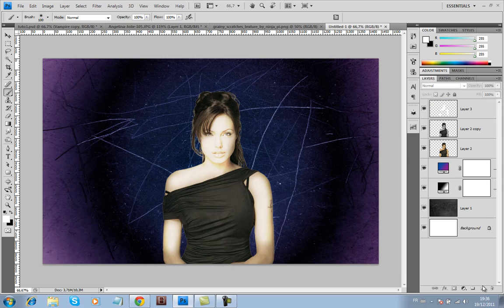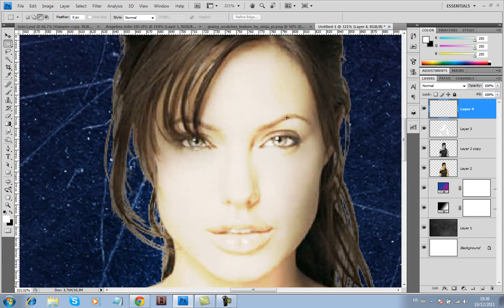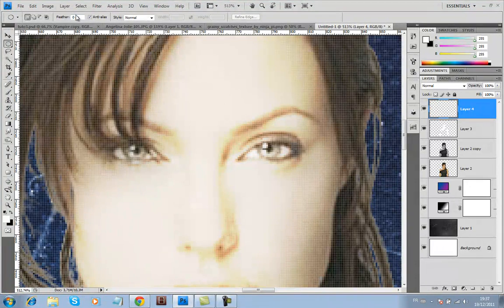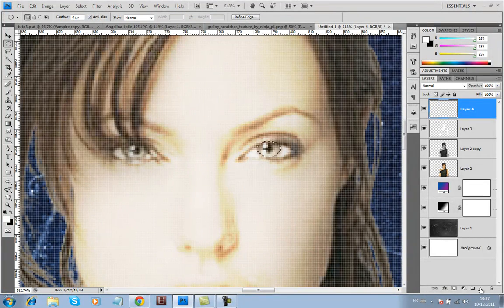Now we're going to work on the eye color. We zoom in on the picture and we pick up the marquee tool, the elliptical marquee tool. If you have the rectangular marquee tool or a single row marquee, you can just left click on the tool option here and pick it up. Make sure that the feather is 0, and you just try to make a circle around her eyes, and we pick up